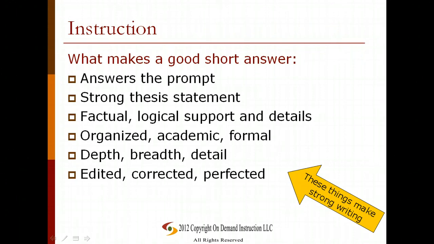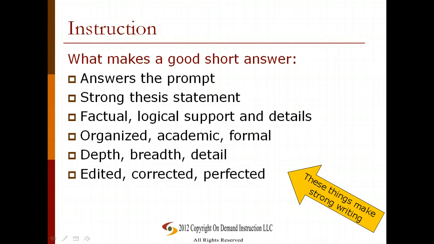Alright, so what are the things that go into a well-written short answer? You want to make sure that it answers the prompt. If it's not answering the prompt, no matter how well written it is or what great information it has in it, it's not really going to be helpful. It's got to have a strong thesis statement, logical, factual support and details,